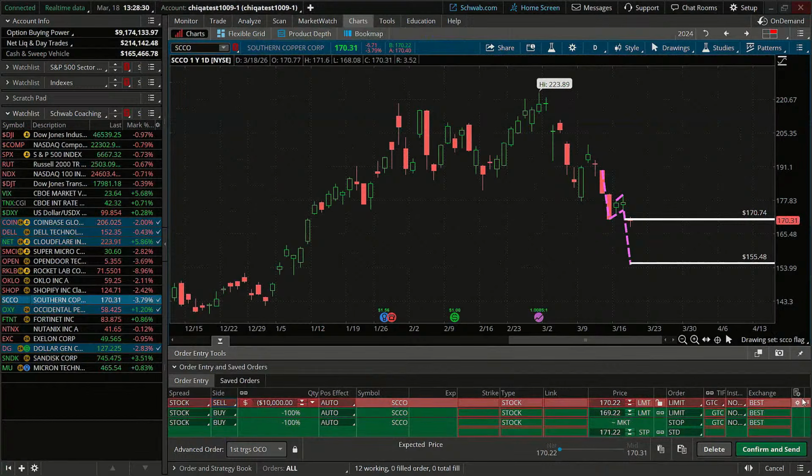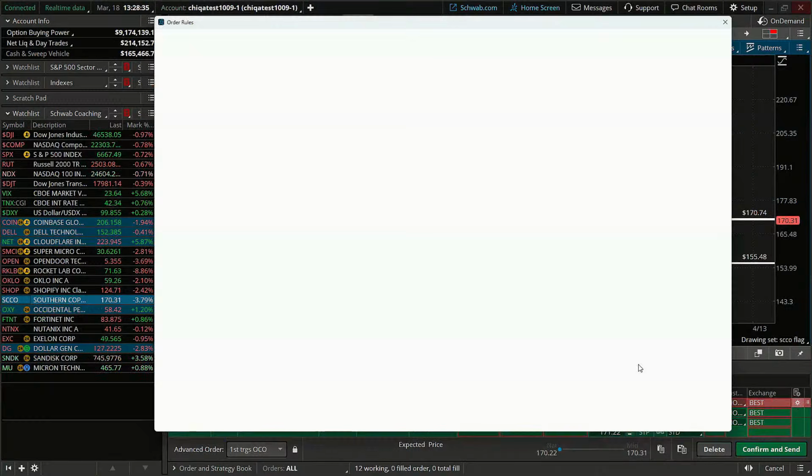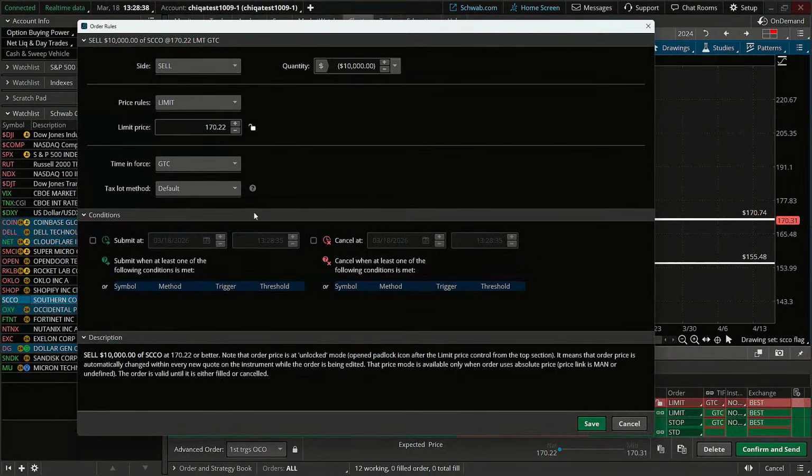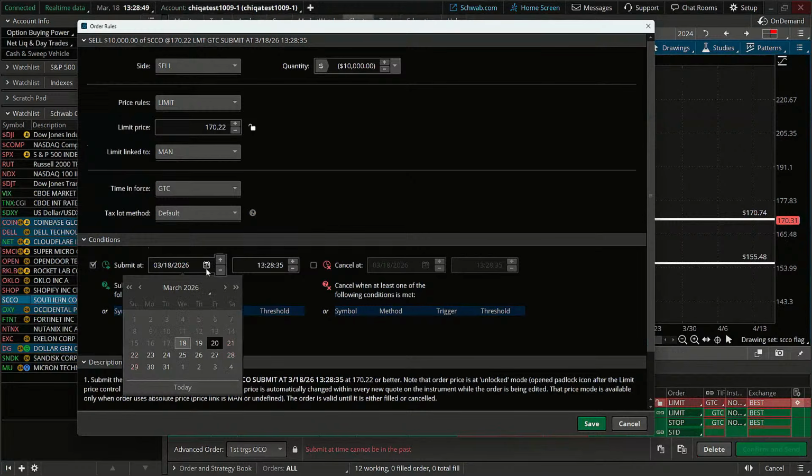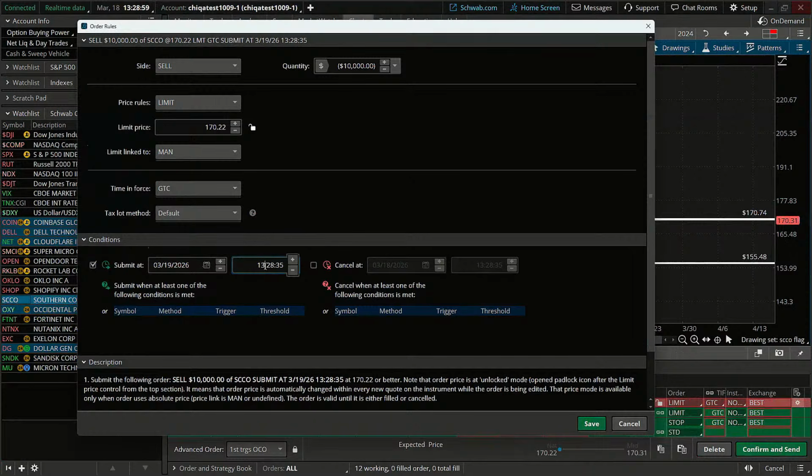Now, on this one, we're going to go for our entry for a conditional order. We're going to click that conditional order entry to the right-hand side. And we are going to say submit at, and we're going to wait for tomorrow because we want to see if tomorrow trades below that level. And we're going to say by tomorrow around this time when this webcast started. Let's see. What day is tomorrow? Okay, Thursday the 19th. We're going to say 9:30. We'll just go with market open.